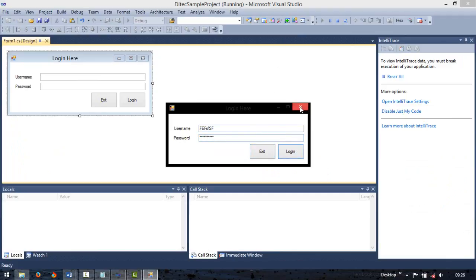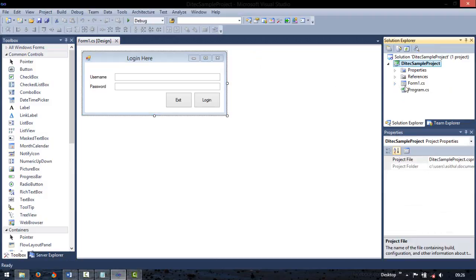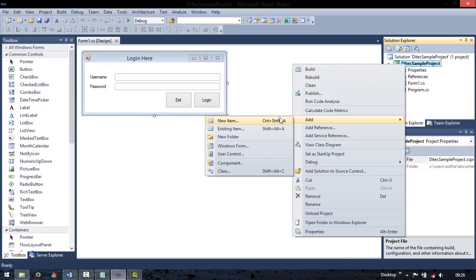Okay, now we have to create the next page after the login page, where we need to move. So I need to have another form there. So how to add another form? It's very simple. In the Solution Explorer you can see the solution is there. Inside the solution you have the project. What we have to do is right click on the project, go to Add, go to New Item,